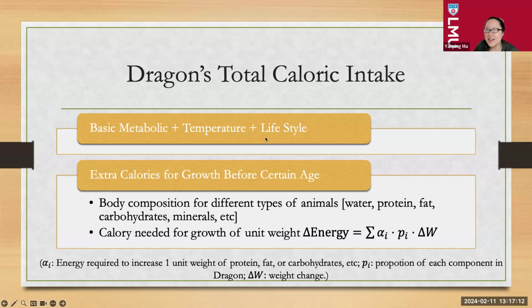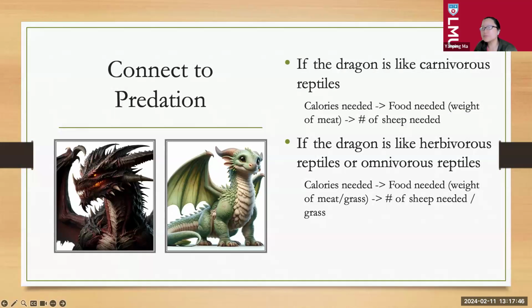And what type of lifestyle do we predict them to have? And there's, of course, extra calories the dragons need at a certain age when they grow very quickly. And of course, body composition is something that we want to include as well, because if you just drink water, or if you were to eat fat only, right? There are many different ways because of your diet. It's going to affect your calorie intake. So we try to build that information into the system as well.